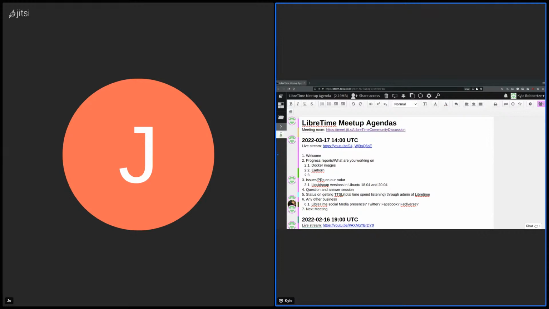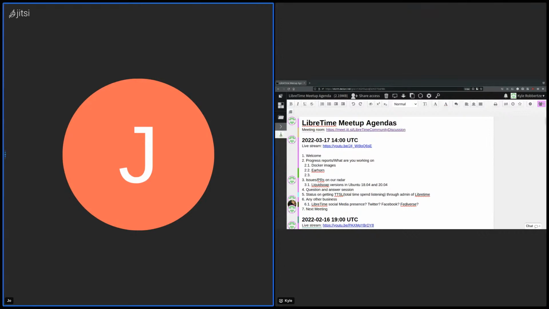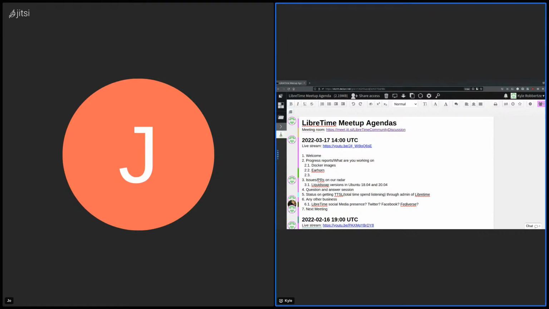So all the packaging development happens in that repo, and it uses git-buildpackage as the build system, so it's fairly straightforward to build for any Ubuntu or Debian release.